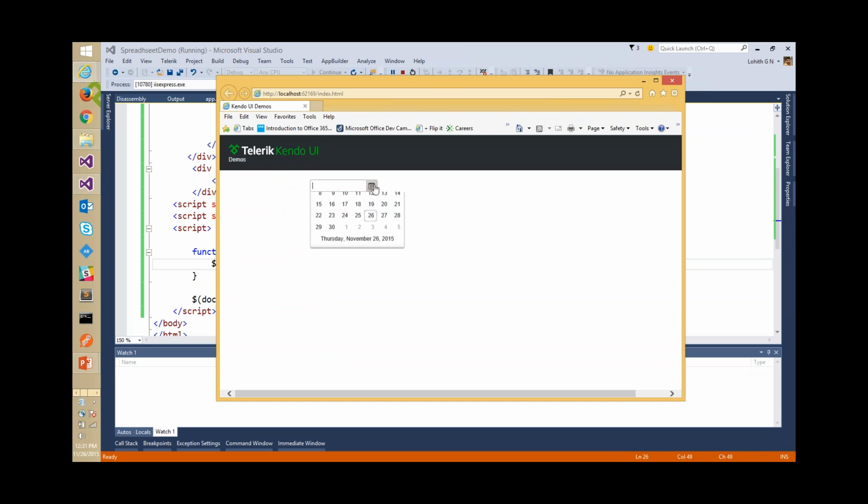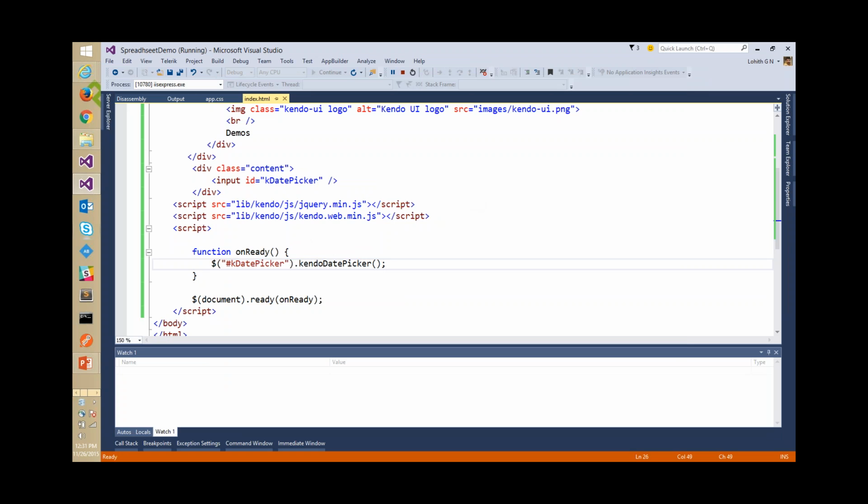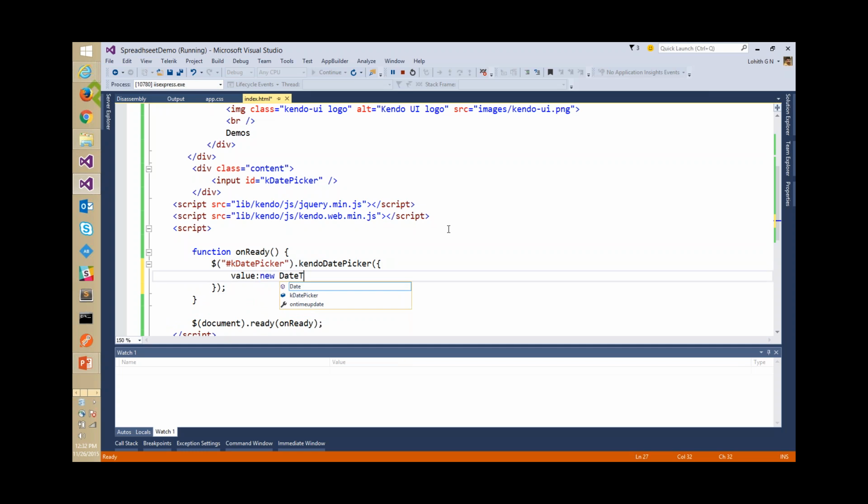Notice here, this is what you get with Kendo UI. This is as cool as it can get. Now you may be asking, by the way, the current date is not selected, right? So how do I pass values? What you can do is, when you're instantiating it, you can say, hey, you know what, I want you to set your value to new Date of